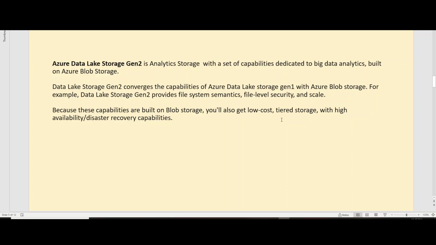And Azure Data Lake Gen 2 is actually built on top of Azure Blob Storage with all the capabilities of Gen 1. So this is the typical definition that you can give to anybody for Azure Data Lake Gen 2. It has all kinds of properties that you actually need for a typical data lake. And the cost is also not very high. Now let's go ahead and try to create Azure Data Lake Storage Gen 2.